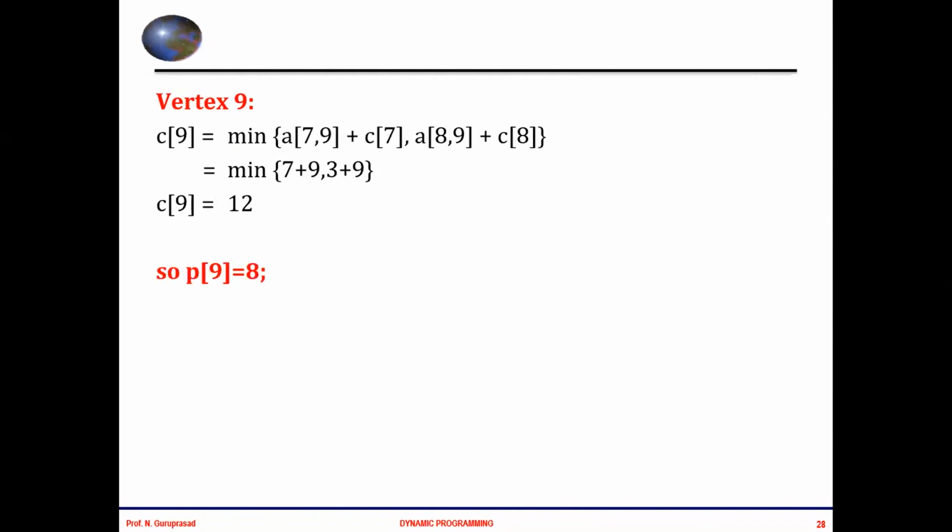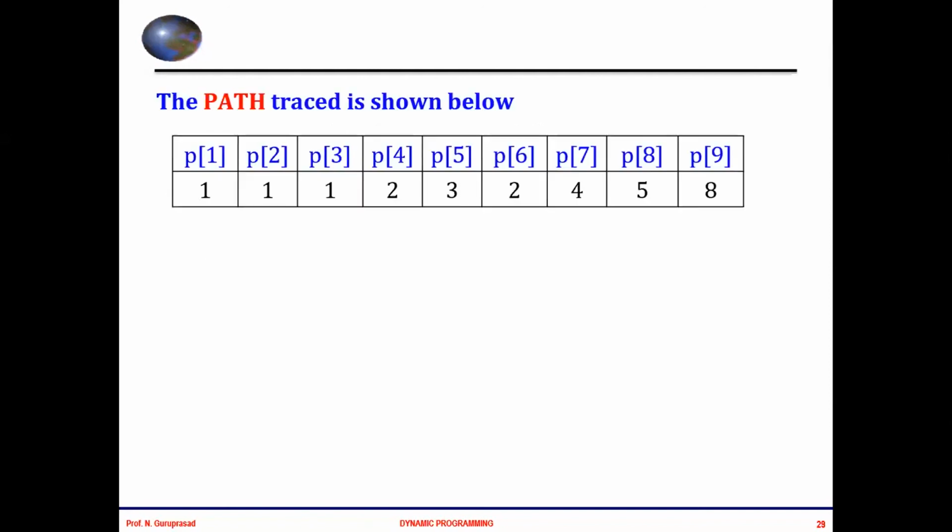Okay. So we now move forward to the last leg of this problem, and as usual, we are going to draw the table, which will give me the values of all the P elements or array P. So P of 1 to P of 9, please make a note of it. So what we'll do to print the path is, since we are solving this multi-stage problem of finding the path in the backward direction, our destination vertex will be the first one.